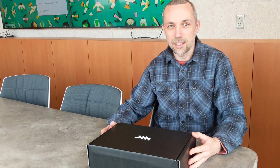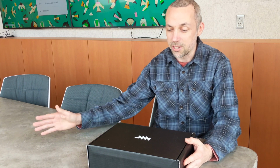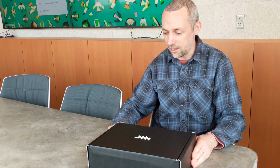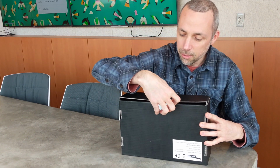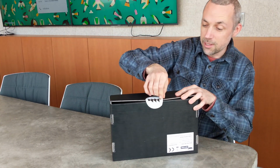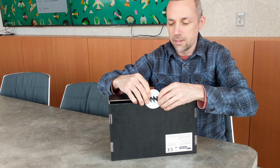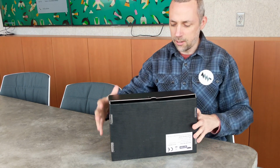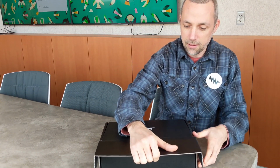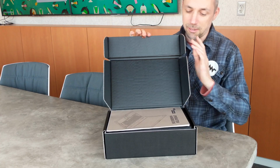And this is a very promising continuation of that trend. So, without further ado, I'm going to take off the sticker. First of all, customized stickers and box. That's a good sign. Take that off. Stick it right there. And you'll see it before I do. Okay, so